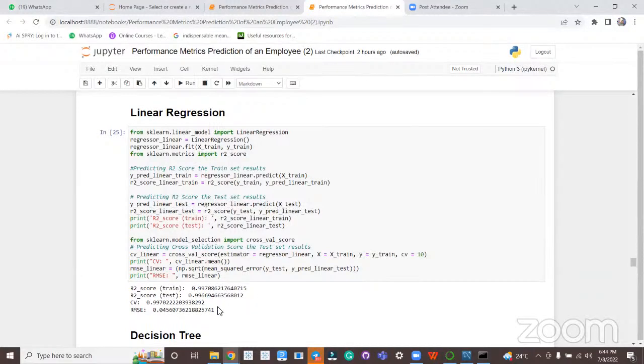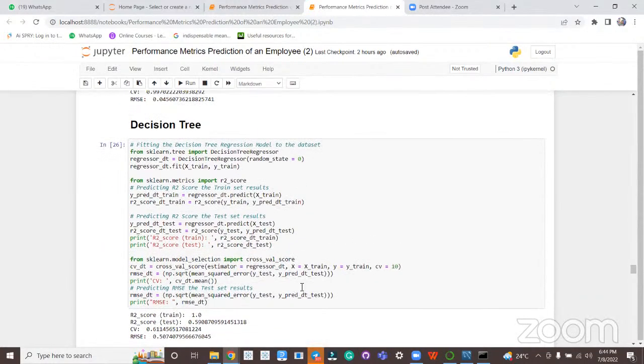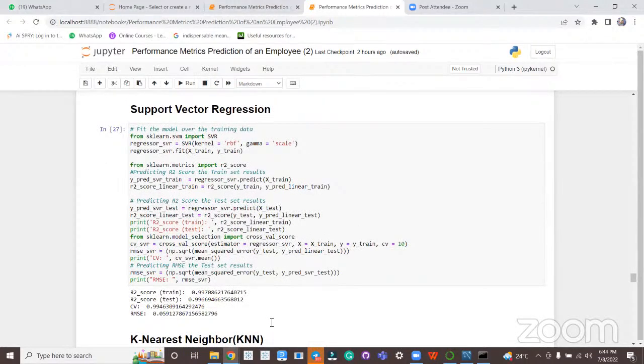Then the decision tree model, decision tree regressor. This is definitely overfitting. You can see train and test errors. The next model, support vector regressor. This is also too good to believe because the model is giving us close to 100% accuracy for both training and test. And when we used noise-filled data, the generalization was not done properly with the support vector regressor model as well.